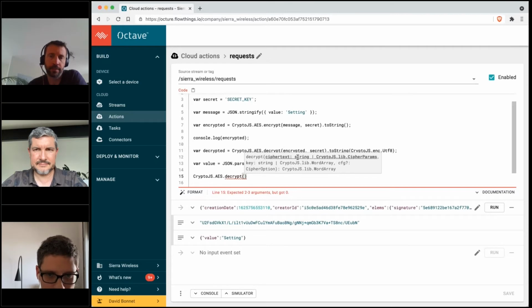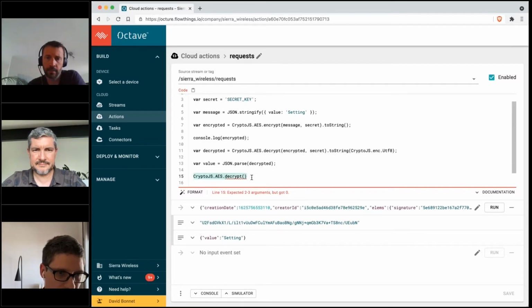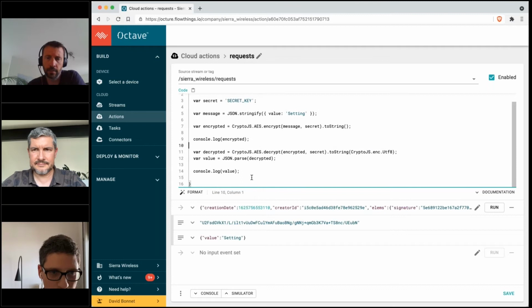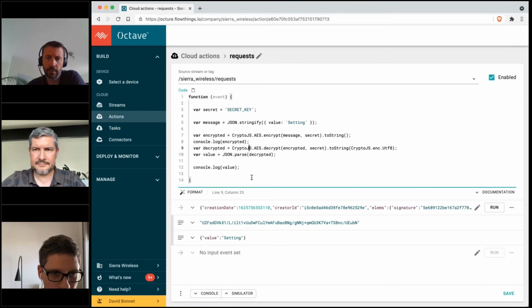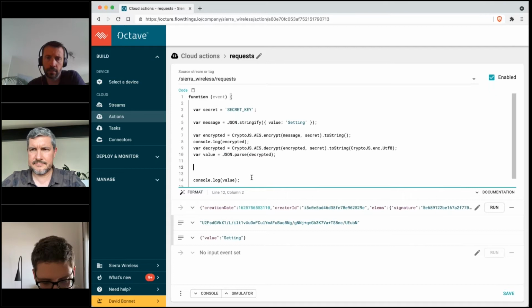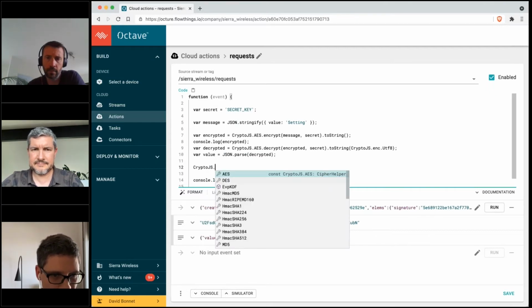Here we can see that we can use either a string or an object to further describe all the options. And then there's the documentation of CryptoJS, which is very well documented with many examples. So that's for ciphering and deciphering, and I just mention quickly that you also have all the hashing functions, HMAC,